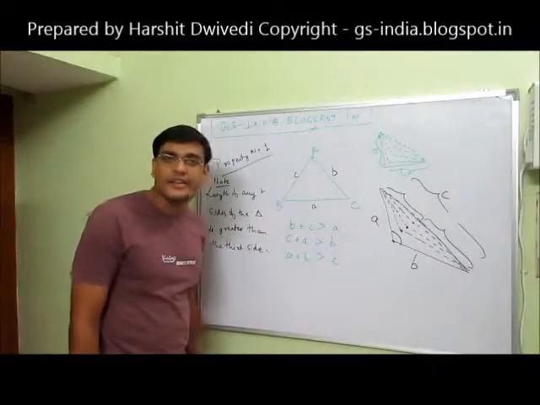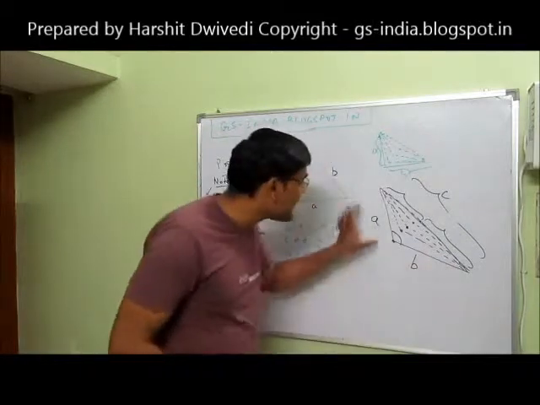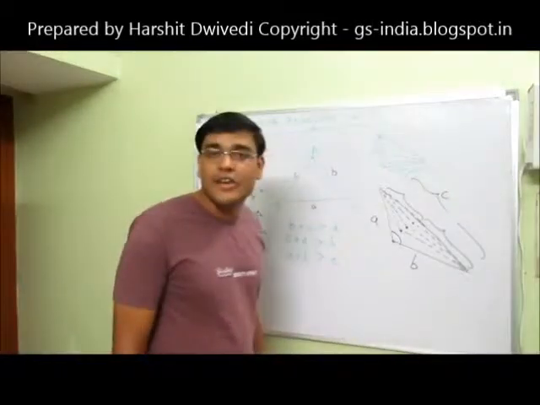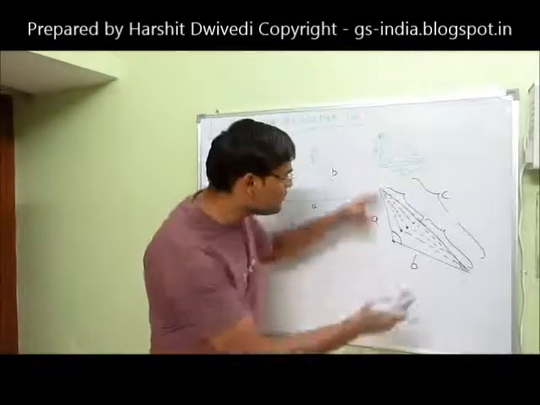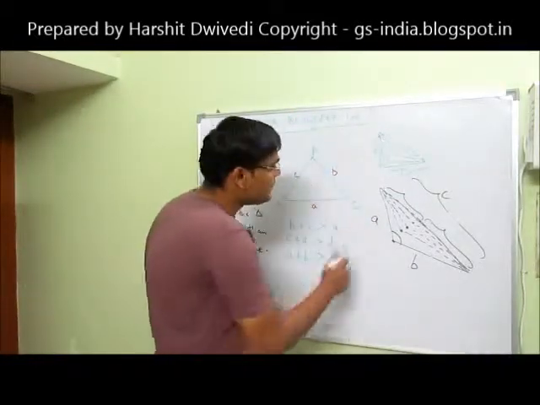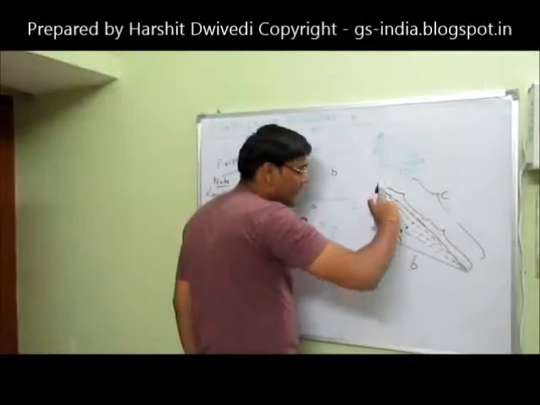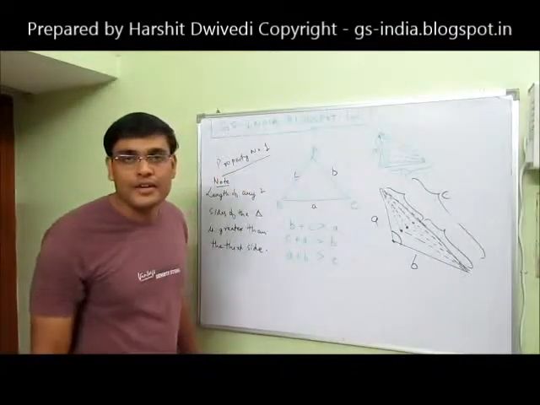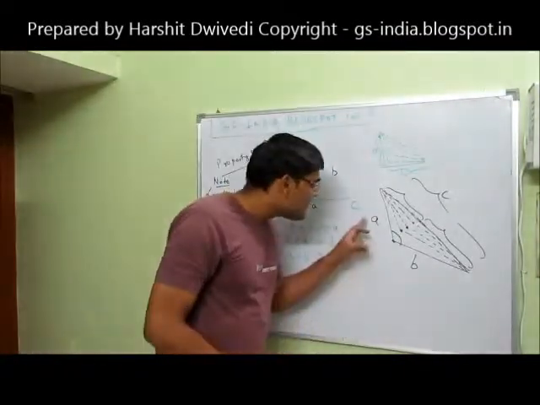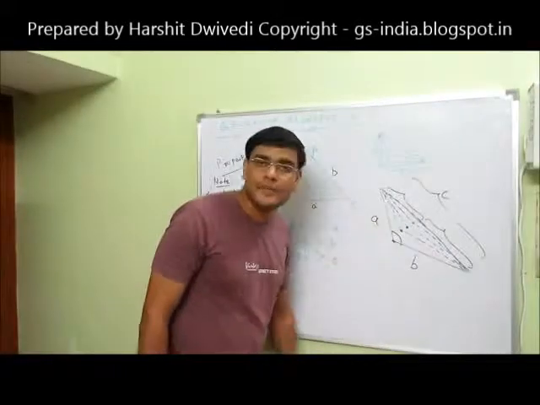You should understand this thing. In these two lines, A and B, there is an angle between them. They are not straight lines. So I cannot say that the sum of these two lines is A plus B equal to C, because this is not a straight line. If this is a triangle with sides A, B and C, and I am adding A plus B to get C, obviously A plus B cannot be equal to C, because there is an angle between them.